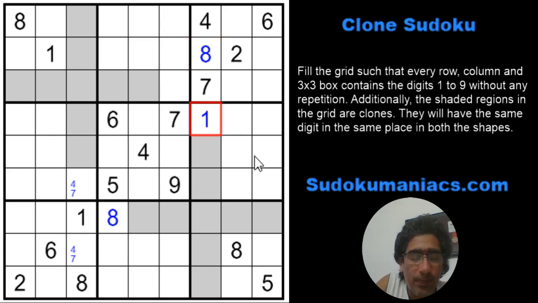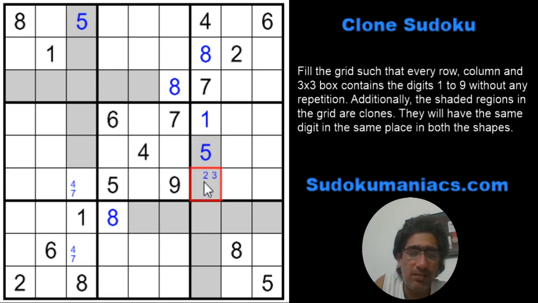So you see how the patterns help us, and it's not necessarily that we need to focus only on the shapes which have been shaded into clones. So 8, again by classic rules it has to be part of these two, but this edge gray cell cannot be an 8, right? So this is my 8. 5 cannot be here. So 5 has to be in these two, which means that's a 5, so we can happily place the 5 there.